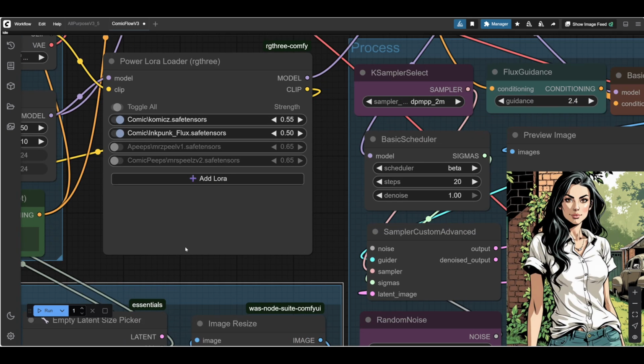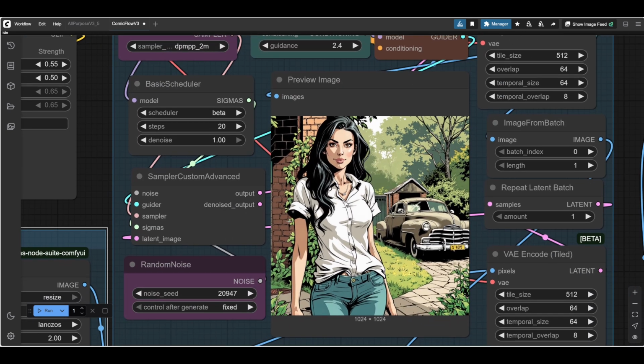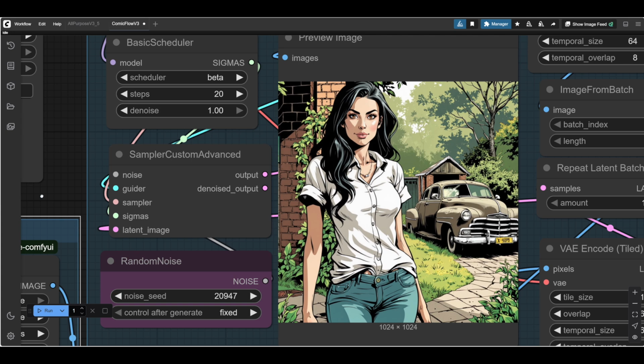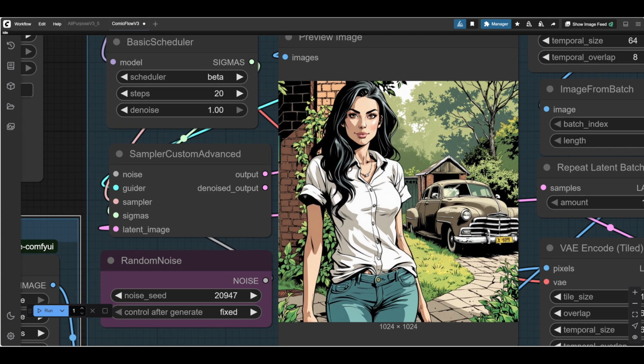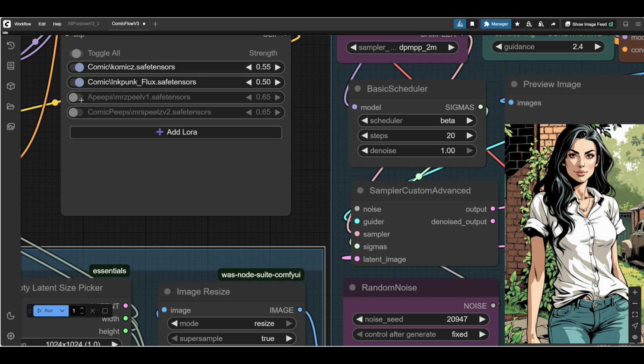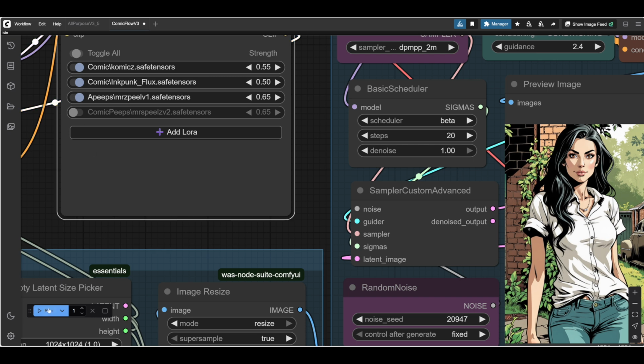So I put the Laura in. Here it is without either of the Loras, without the photographic one or the cartoony one. So we get a nice comic strip style, as you would expect. So what we'll do, we'll pop in the photographic Mrs. Peel,